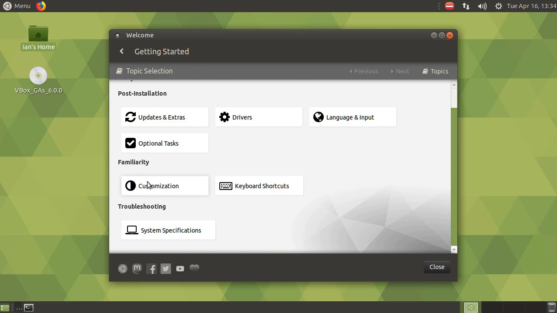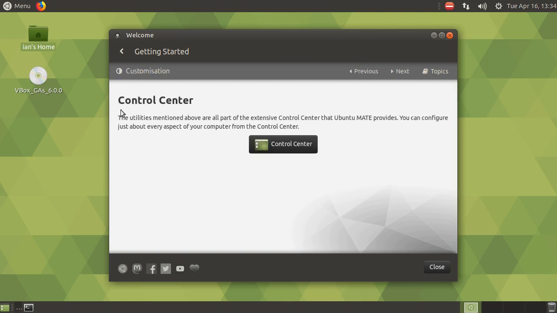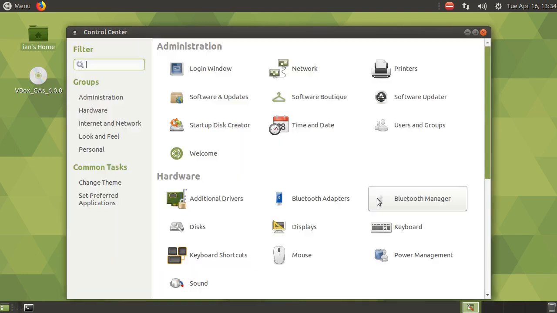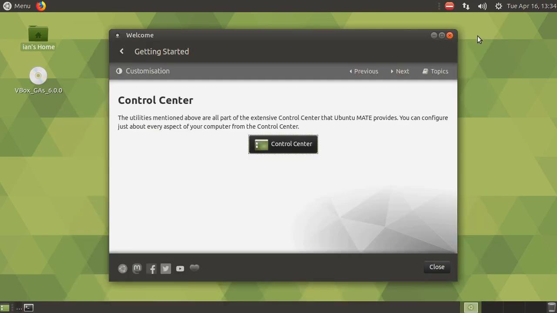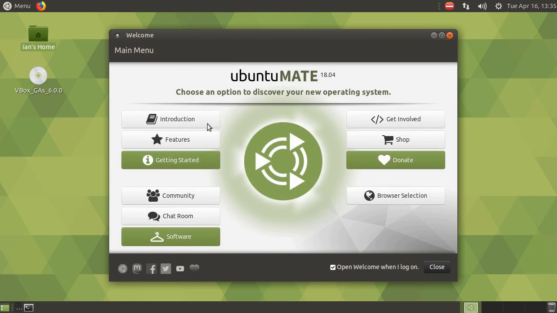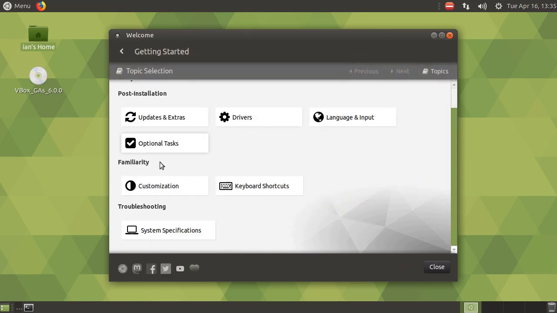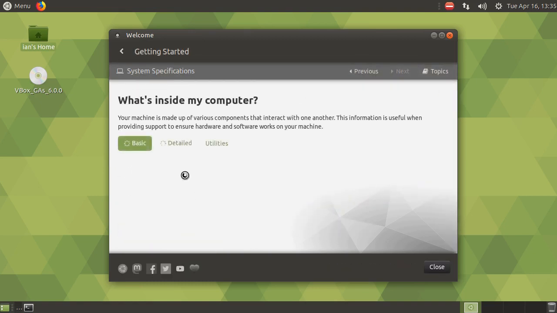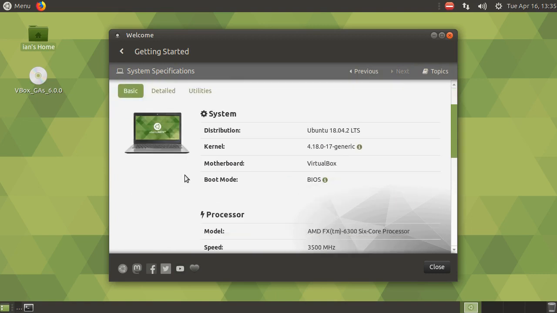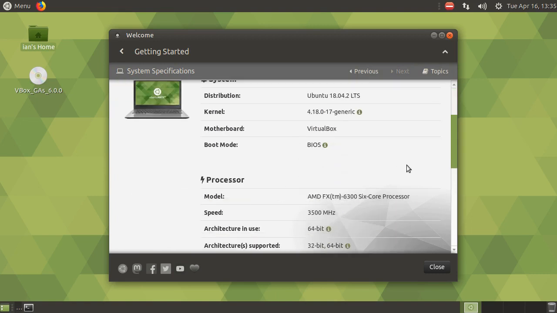Yeah, so it has customization here, and this takes you to Control Center, where you can customize some stuff. And also, another thing that I really like in getting started is it has a very nice system specifications area. It shows boot mode, it shows motherboard, although I don't know if it would show my computer's motherboard.